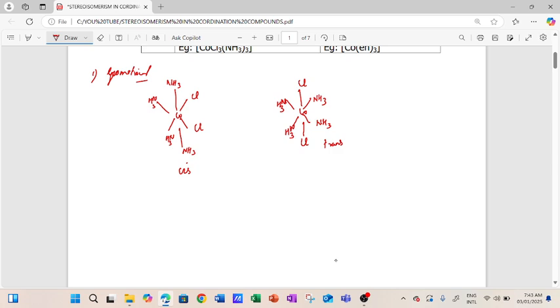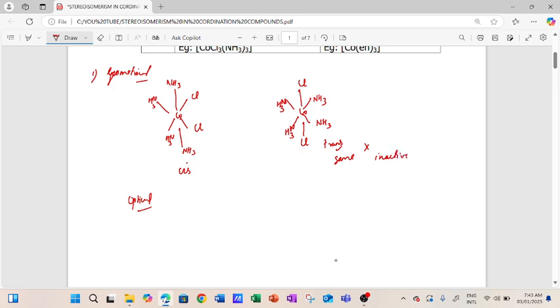With the same example, let's look into optical isomerism as well. For optical isomerism, the condition is that the compound should form a non-superimposable mirror image. When you take trans and find the mirror image, as chlorine comes on opposite sides, up and down, we will get the same image only. The image will be the same, not non-superimposable. It will be an identical image,